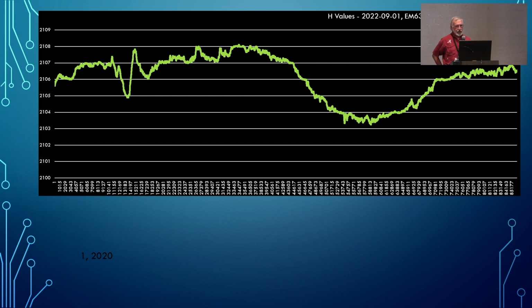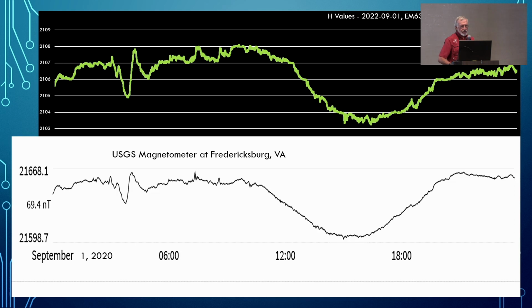That's the magnetometer plot. You can see there's a diurnal variation, and then also on the left is a little jog that occurred due to something going on in the geomagnetic environment. Why I like this is because when I download the comparable chart from the U.S. Geological Survey, from one of the closest professional grade magnetometers, closest one to me, Fredericksburg, Virginia. There's one that was closer to me in New Orleans, but for whatever reason I couldn't find that data, it didn't seem to be there. Anyway, you see how similar it is, all the way down to these little jogs here,